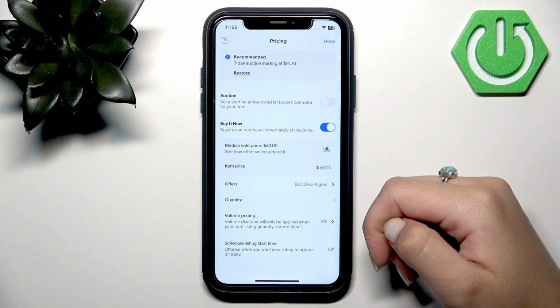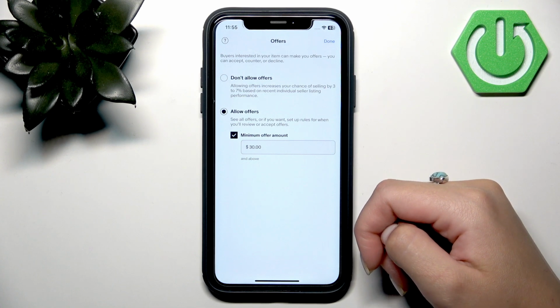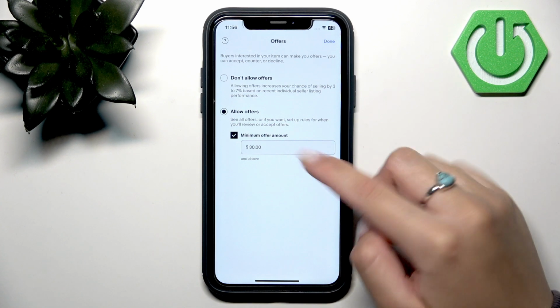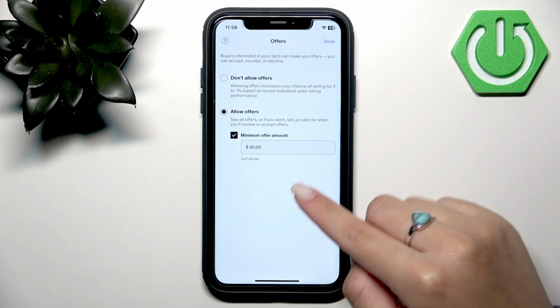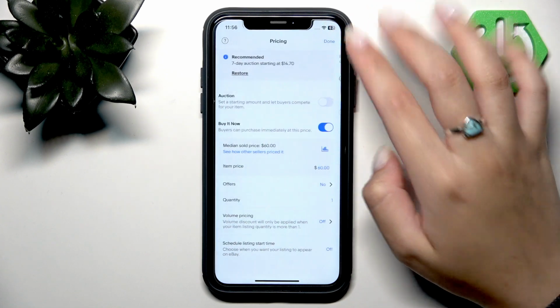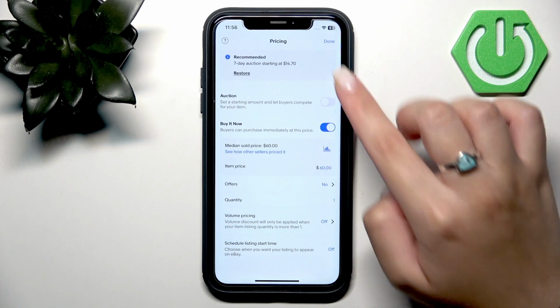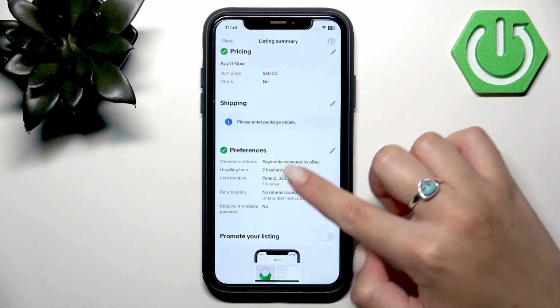And you can also enable offers to your buyers that will allow people to negotiate about the price. Of course, if you're open to negotiating. And here, enter the minimum offer amount for the item, or you can choose don't allow offers. But I recommend offering. So this is about the pricing and some preferences,